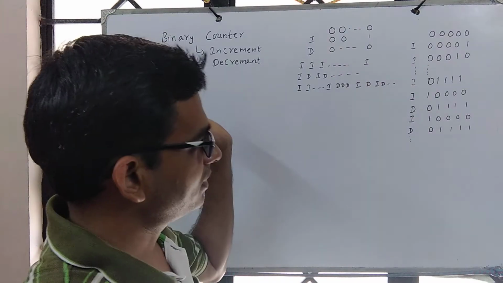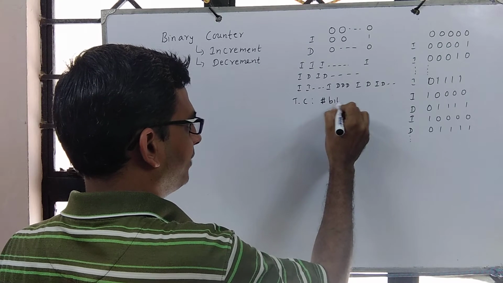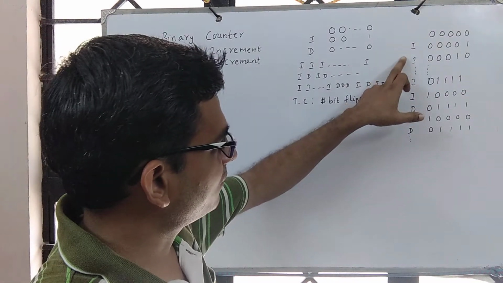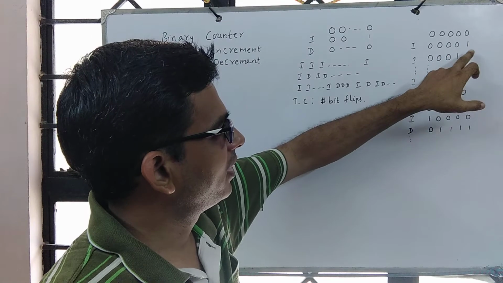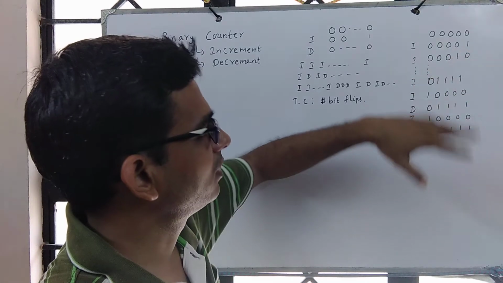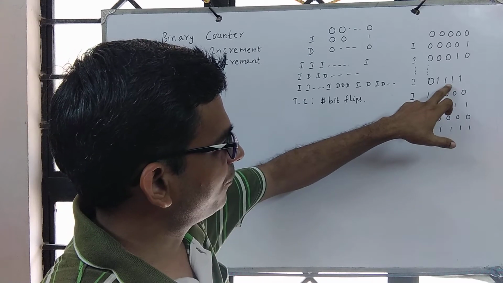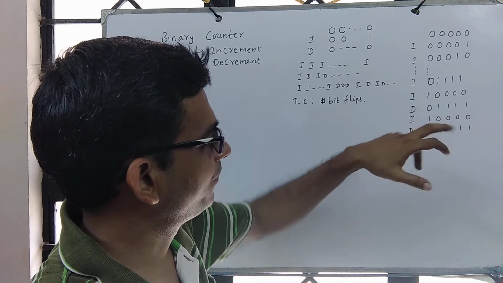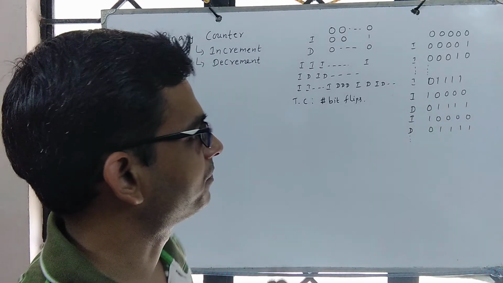As part of our analysis, our focus is on time complexity, as we are interested in counting the number of bit flips. Now if you see this sequence of increments, from here it is just one bit flip, and here 1 is changed to 0 and 0 is changed to 1. But when you look at this, when we perform increment, all these are changed to 0 and this one is changed to 1. When we perform decrement, all these are changed to 1 and this one is changed to 0.